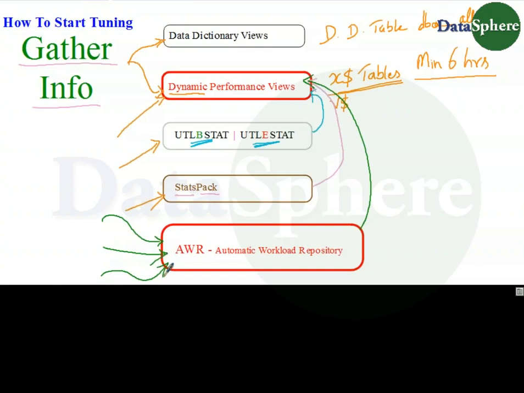But the information available in the report that we generate will be more or less similar to Statspack. Now, whenever we gather information, either directly using dynamic performance views, or using the primitive tool utlbstat/utlestat, or Statspack, or even AWR, we get information about all the areas for which the information is available. So it is the responsibility of the administrators to identify in which particular area the problem exists,